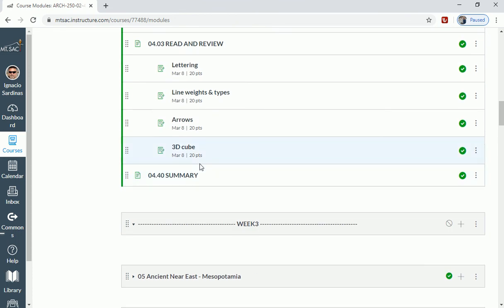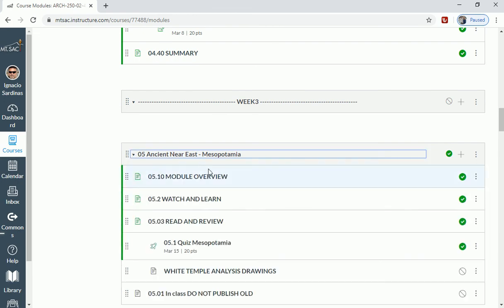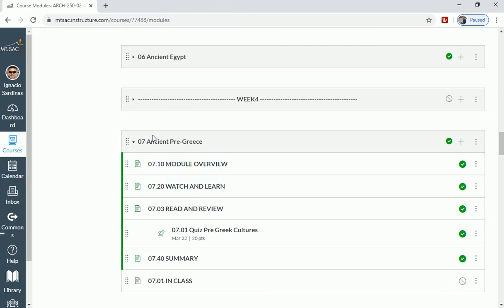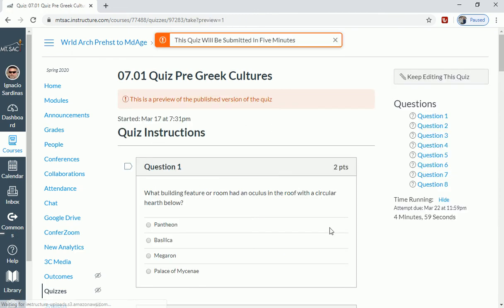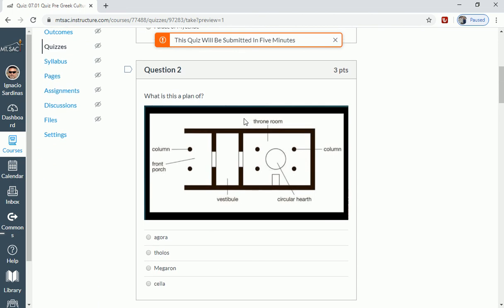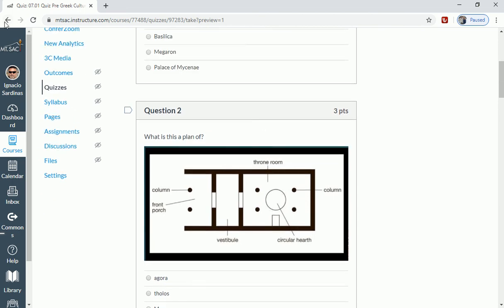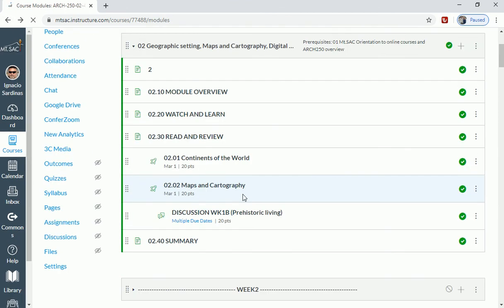Let me see if I could find one of these other quizzes that's a little bit more complicated. Mesopotamia, Egypt. We'll try Mesopotamia. Or maybe even Greece, pre-Greece. So going to one of the quizzes, you look at that. We'll preview that. And so this is just a simple question, right? Actually, this quiz hasn't been updated, so I can't really show you this one, because this is one of the old quizzes that had the 4. So,